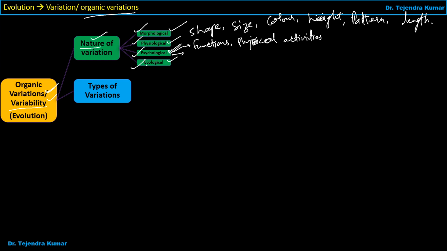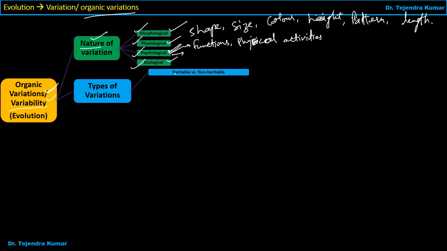Let's talk about the types of variation. How many types of variation are found in nature or in the realistic way? If we talk about these, we can find lots of types of variations. These are already categorized; if you see the literature, you will find that there are lots of categories. So I have mentioned them here.